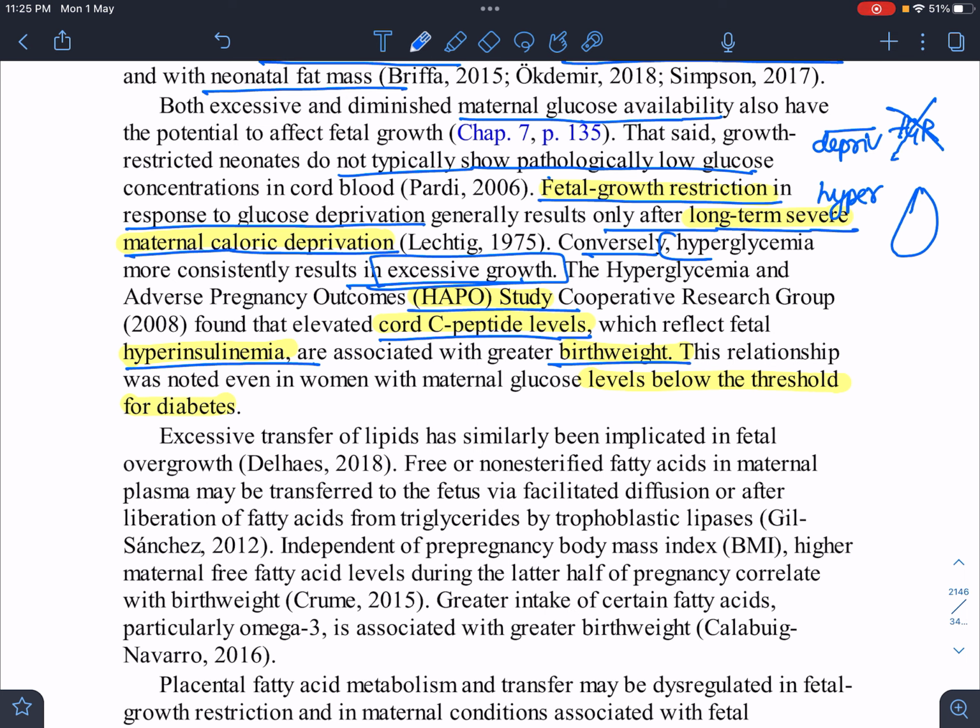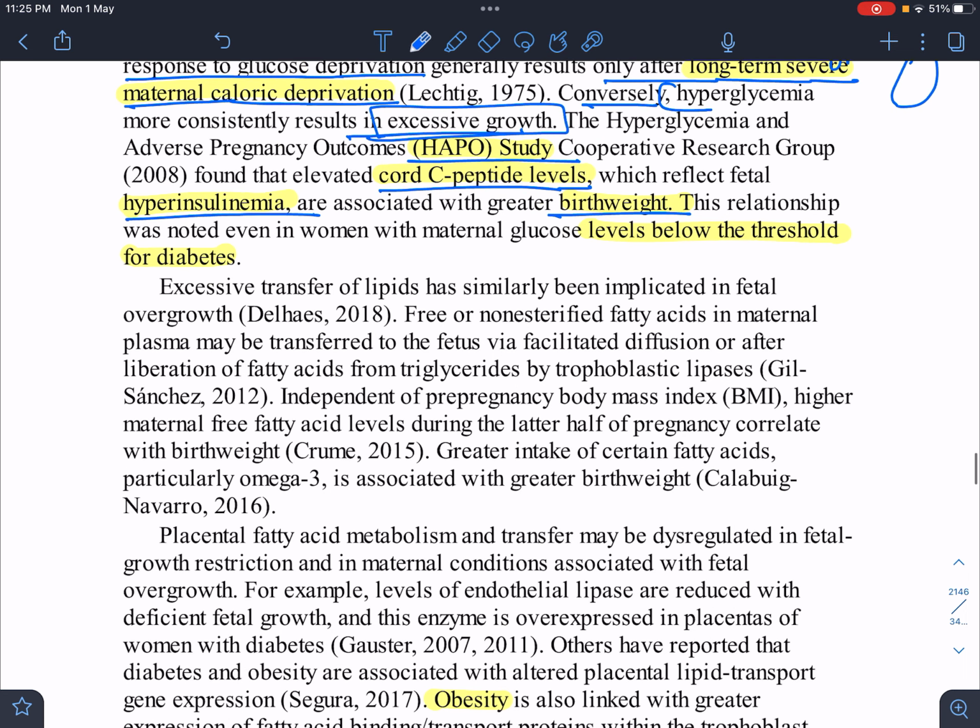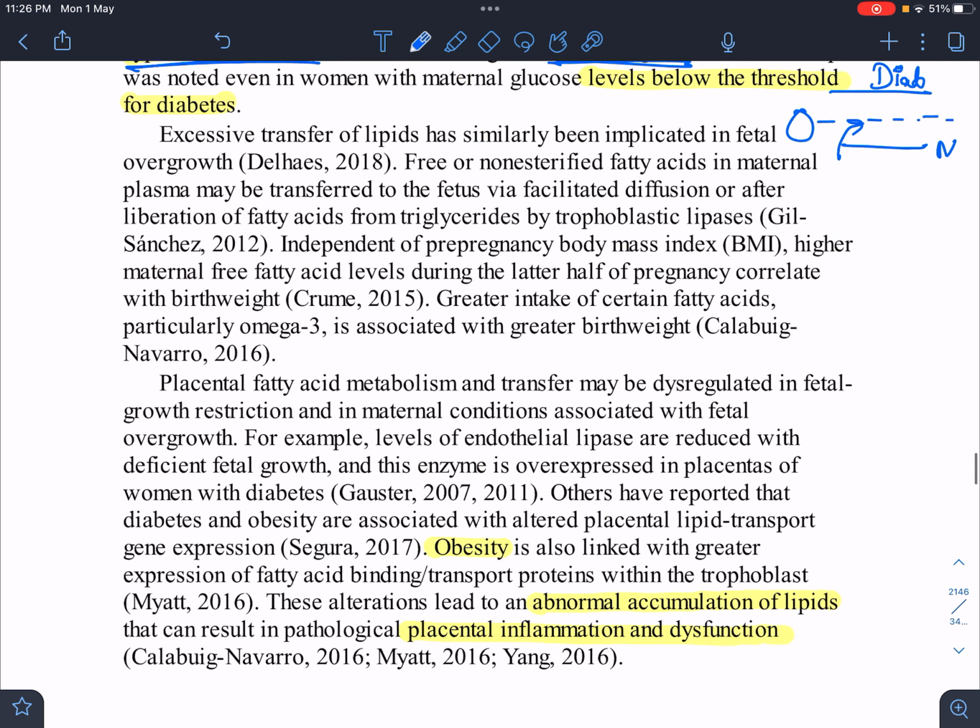So this is what maybe they are trying to say here, that even in women whose threshold levels were higher but not high enough to call diabetes, like if you're diabetic, you're normal, if their glucose levels were here, in their fetuses also, the level of cord C-peptide, and there was hyperinsulinemia, and there was greater birth weight. So it doesn't matter whether the mother has diabetes or not. If her baseline levels are still high, she can still get